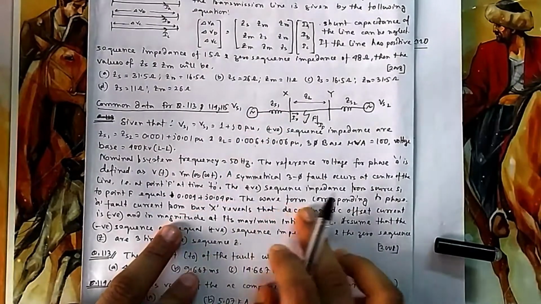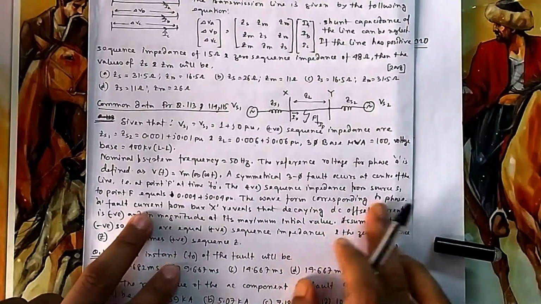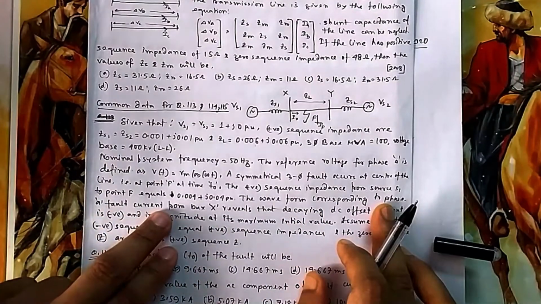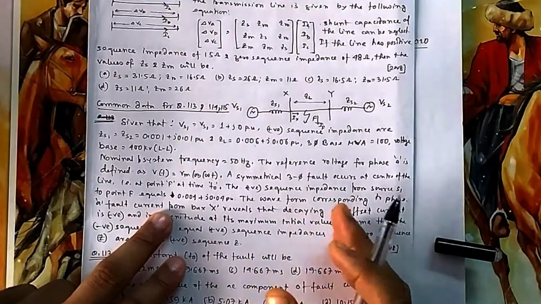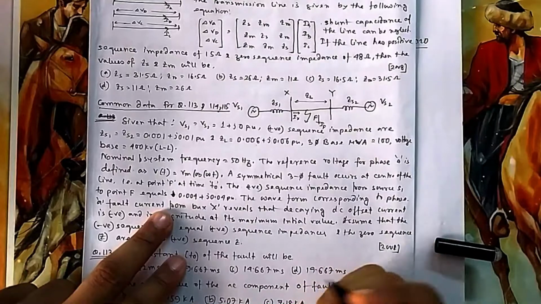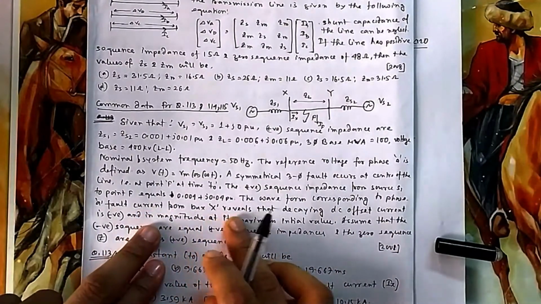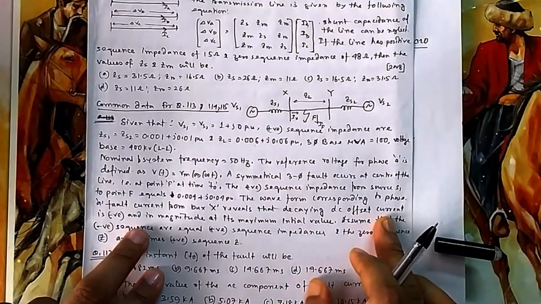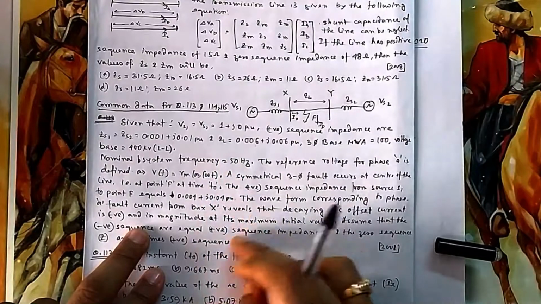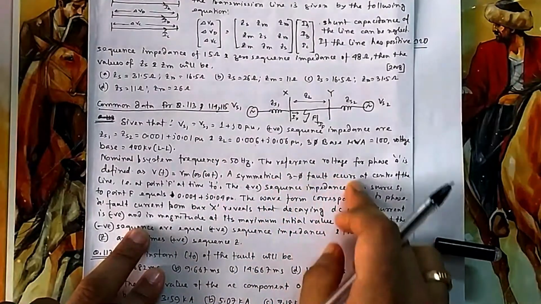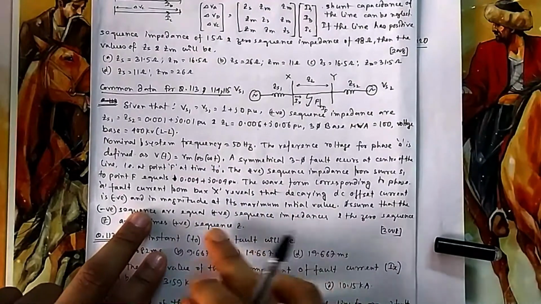The waveform corresponding to the phase A fault current. A three-phase fault has occurred, so there will be current in phase A, phase B, all will be the same because it is a symmetric fault. They have shown the waveform of the phase A current, and it reveals a decaying offset current. So there is a DC offset in the starting. It starts from some peak value, then gradually it comes to an oscillatory state. Initially there is a DC offset in the subtransient period.